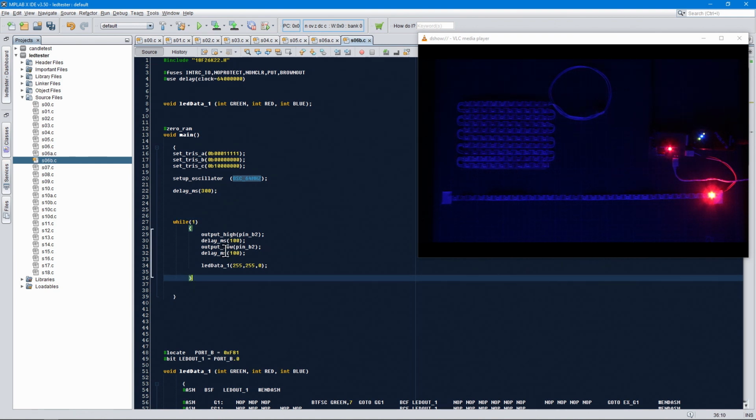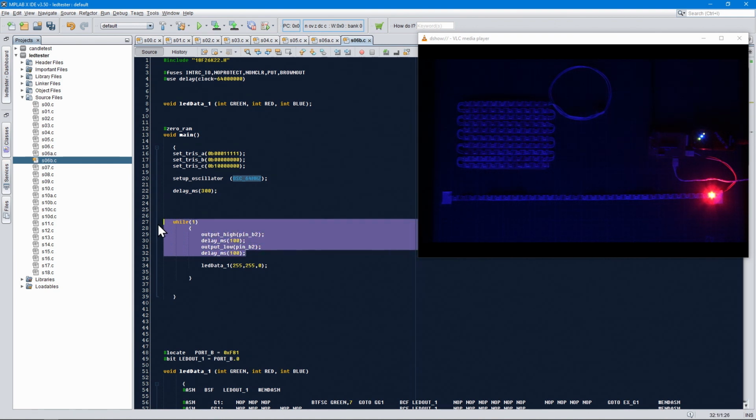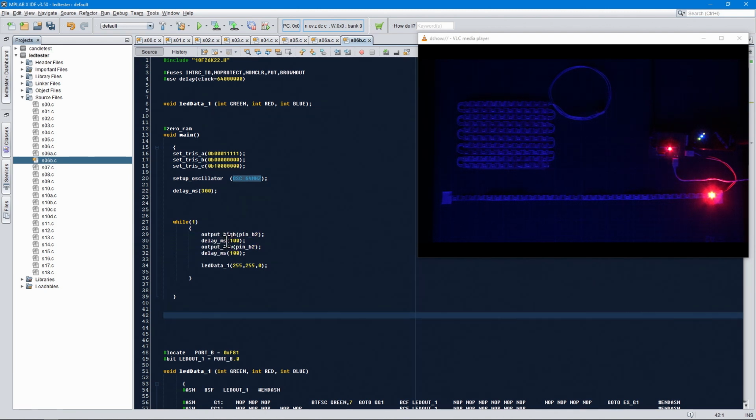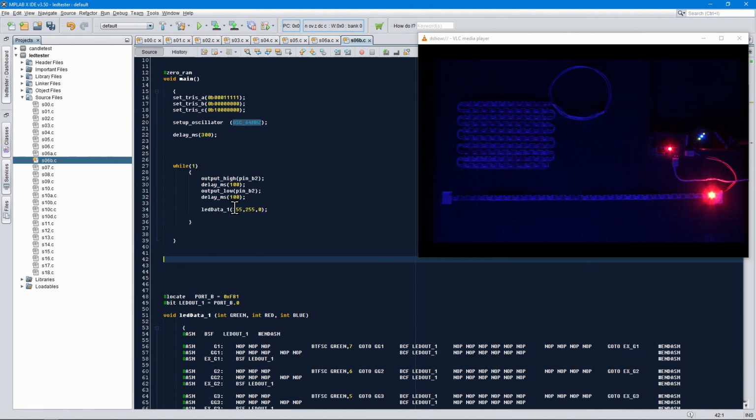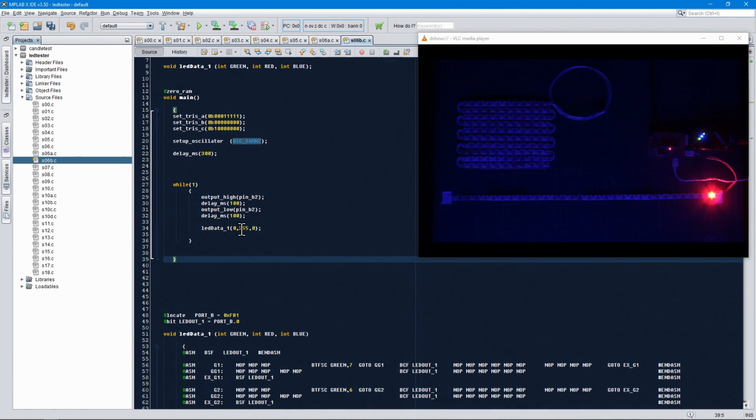In this bit of code here, we're just flashing our LED, which is this LED on the board here. So high, low, and then every time we go through that loop, we're then sending some data to our RGB strip of LEDs, and we're saying send out